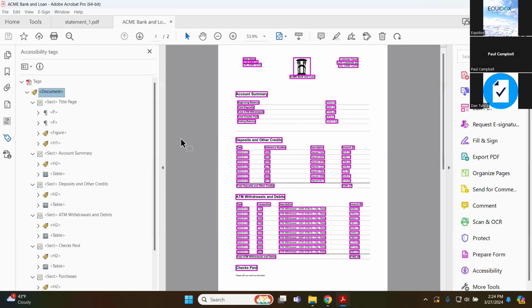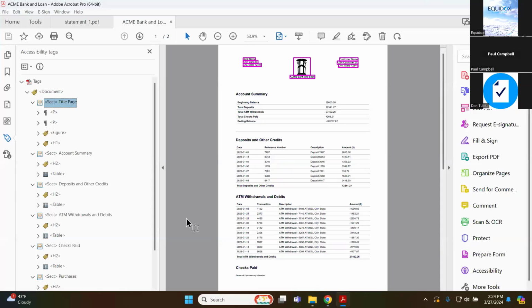We have all of the elements accounted for on the page, and not only that, they are accounted for correctly. So we have your bank name and your customer name information up here. We have a figure, which would be the logo of the bank in this example. So we can navigate through all of the different content.